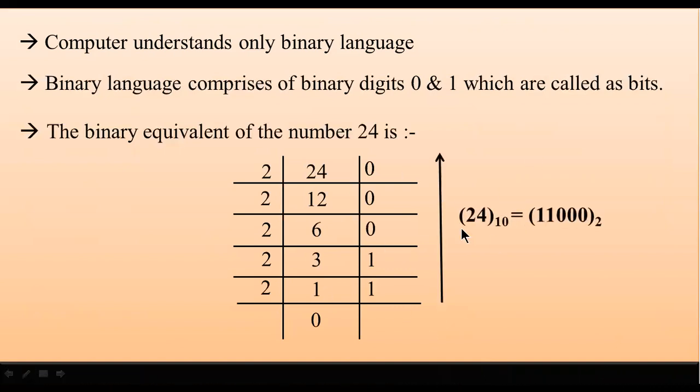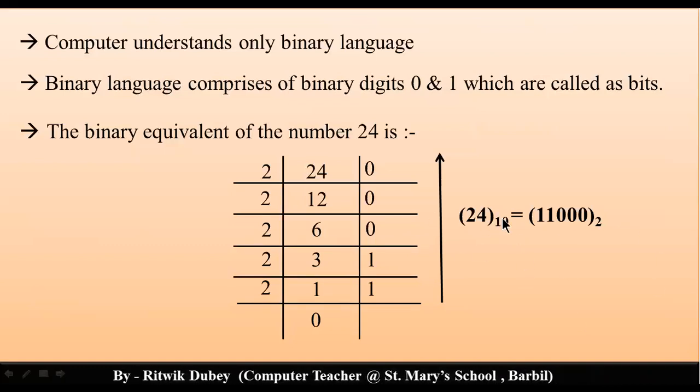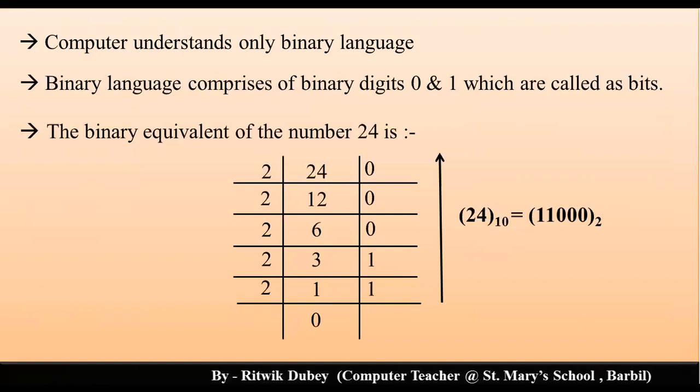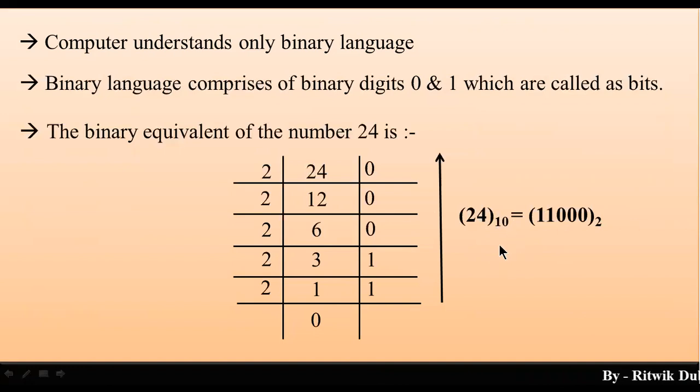So 24, whose base is 10. What is the meaning of base 10? It belongs to decimal number system. Sir, decimal number system मतलब? Decimal number system वो number system है जिसमें कि 10 fundamental digits use होते हैं, 0 से लेकर के 9 तक. हम लोग डे टू डे लाइफ में कौन सा नंबर सिस्टम यूज करते हैं? डेसिमल नंबर सिस्टम, जिसमें कि बेस वैल्यू कितना रहता है? 10. सर 10 क्यों? क्योंकि 10 फंडामेंटल डिजिट्स हम लोग यूज करते हैं.